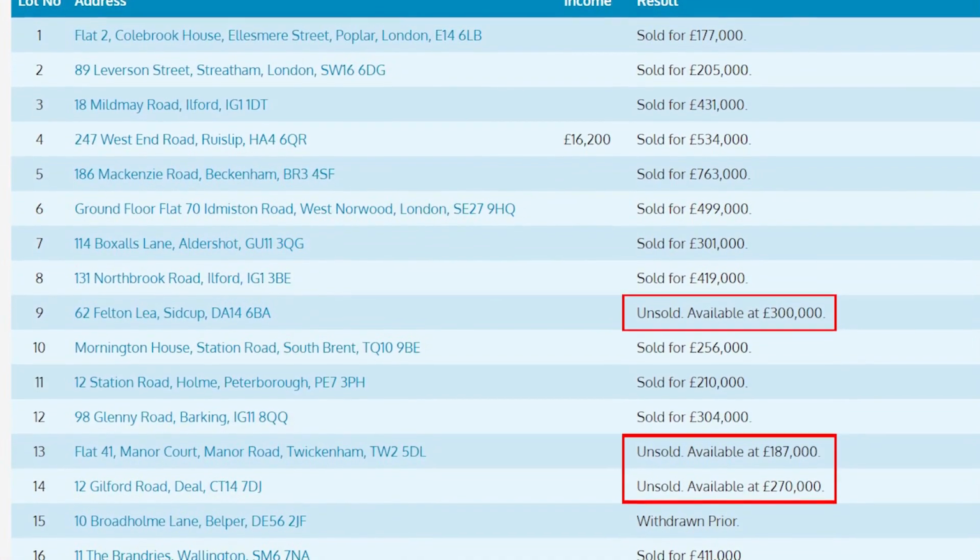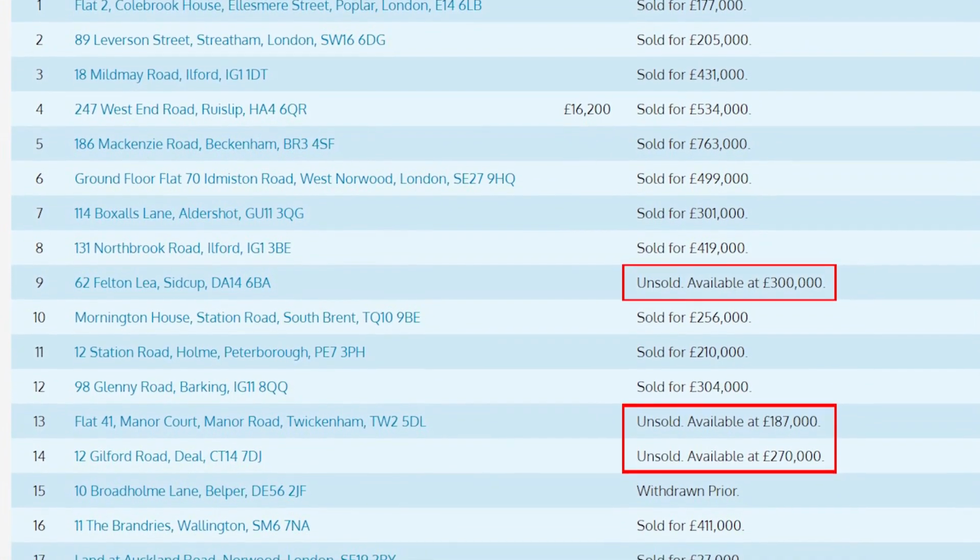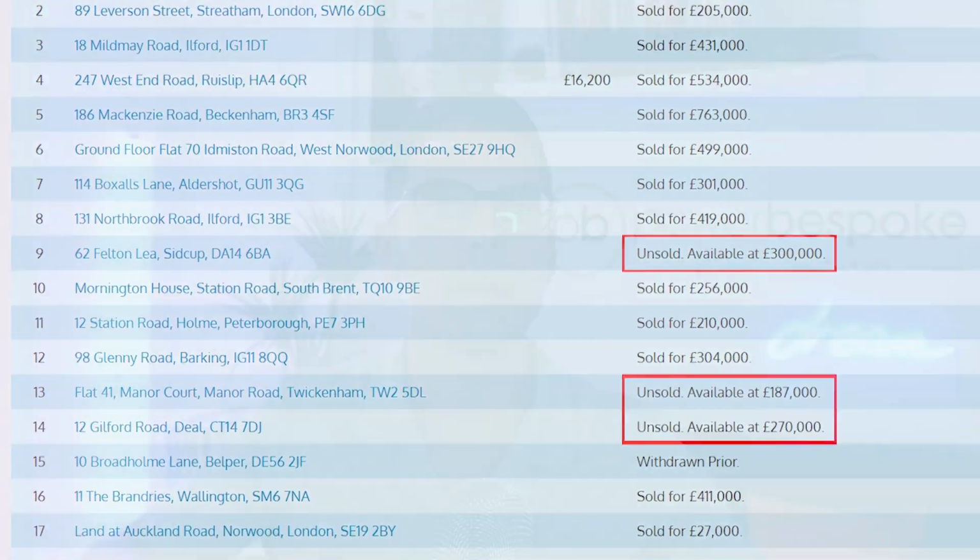When you are searching the unsold auction lots, they're double motivated to sell, because they put the property in the auction in the first place. So they were obviously very motivated in the first place. Then they placed it in the auction, it didn't sell. Now they're like, oh my God, I thought it was going to sell. Now I'm double motivated. So you can pick up some really good deals, just kind of sweeping up behind the